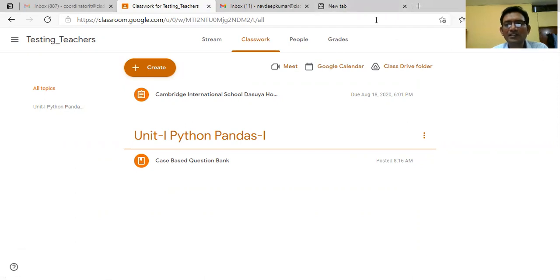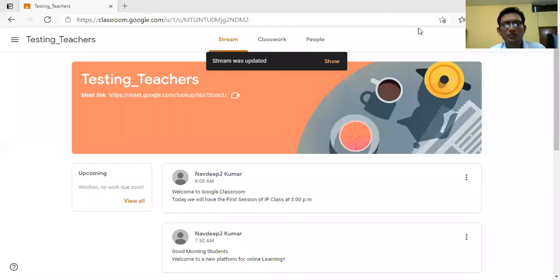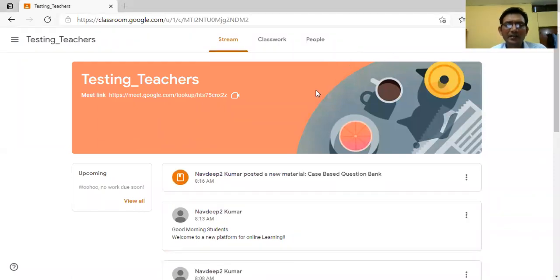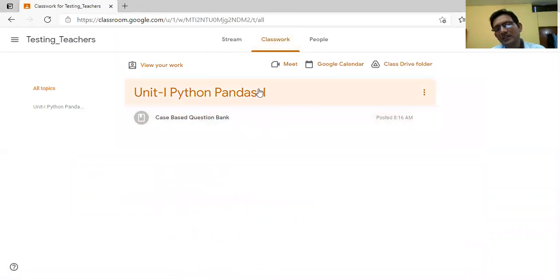Now, let us try to have a look at the student window, how it looks like. Now, this is the student screen. So we'll just look at, see here, that whatever material I have shared with the students, now it is appearing that Navdeep Kumar, like whatever the name of the teacher is, posted a new material. That is the topic is appearing here and at which time it has come here. So I will show the classroom tab, open this, and you see here that this particular material has been added to the topic that I have created earlier.